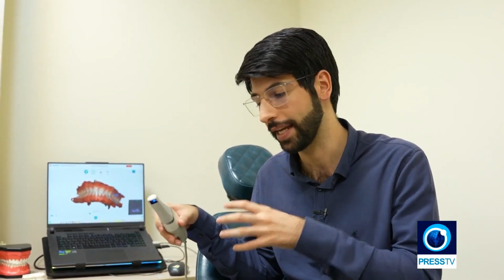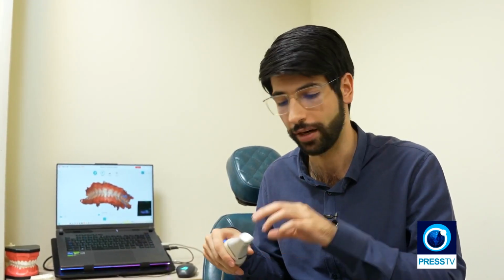So taking a look at the manufacturing process, there's a couple of prerequisites that need to be checked before we start manufacturing this custom implant, and that is the combination of the 3D imaging capabilities of a CAT scan with this oral 3D scanner. This is not emitting any kind of X-rays or anything like that. It's just like a regular camera that is right here, and it's using a mirror to be able to image the inside of the mouth,